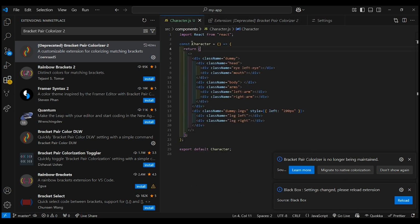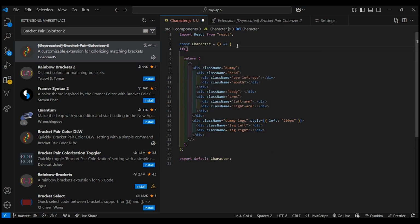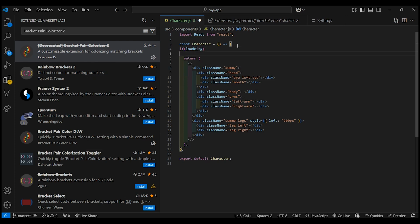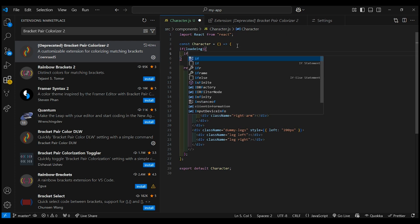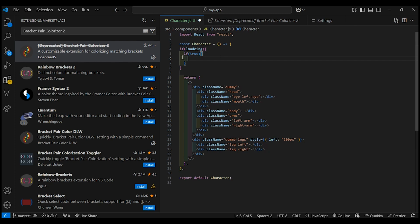For example, if I have an if statement here, as you can see, a different color. For example, I should just say loading, and this bracket, this color is different from this one. If, for example, true, and the other bracket, and as you can see, this is purple and this one is